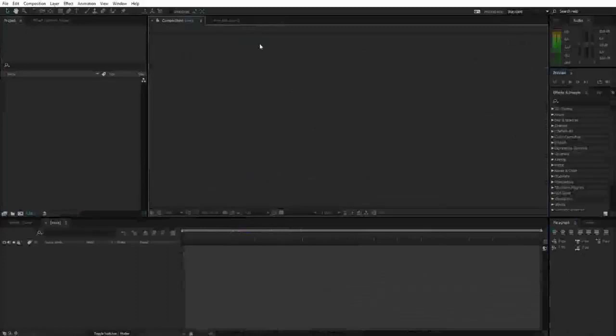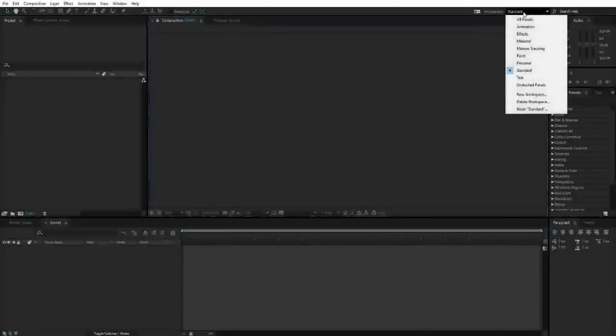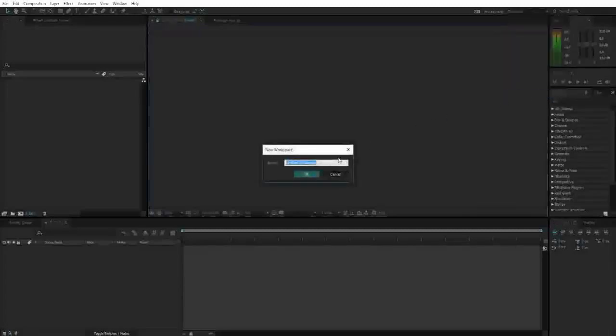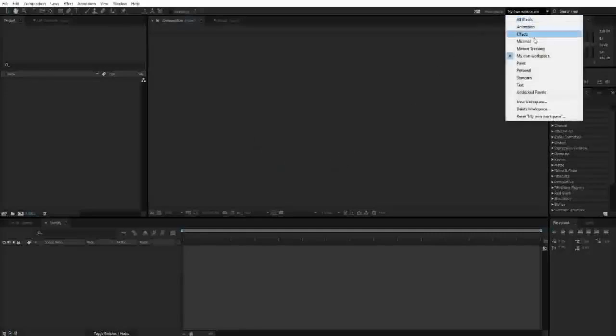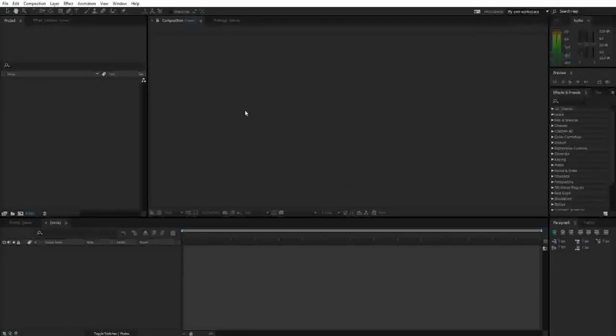So what do you do then, if none of these options up here work, if you don't like any of them? Then you can just say, okay, I want a new workspace, and then just hit new workspace, and you can just call it my own workspace. Bam. And now we are in my own workspace, and here we can start moving around all these